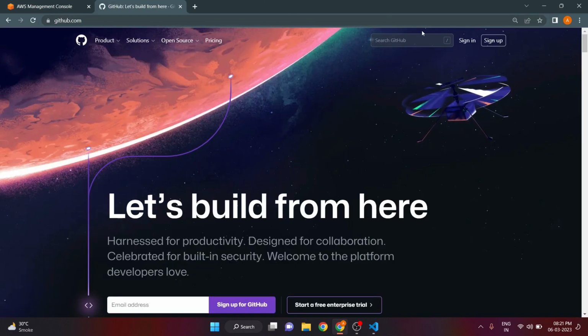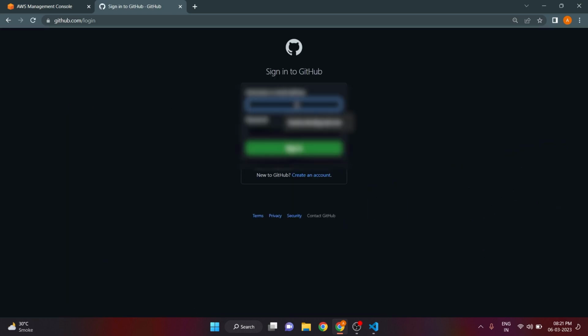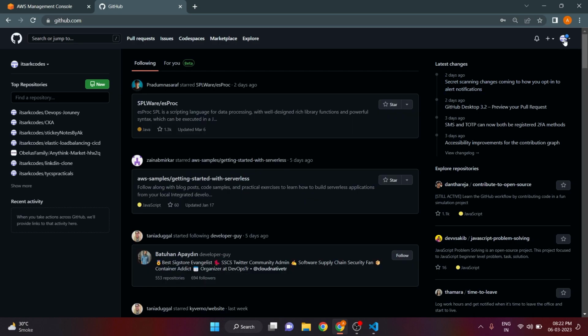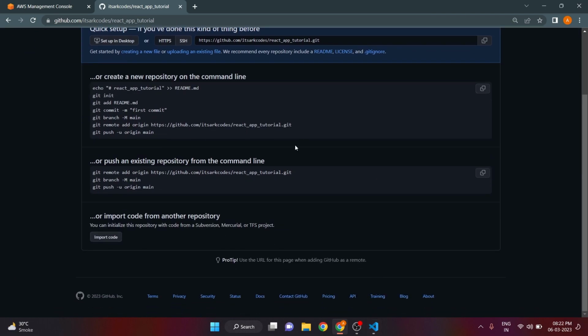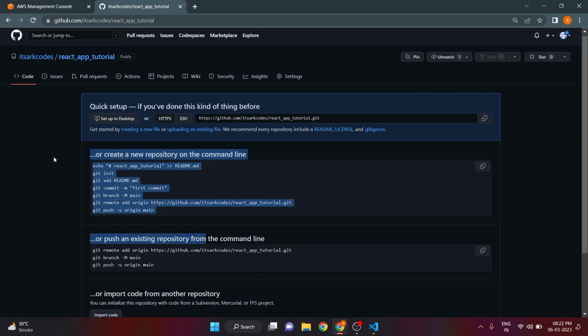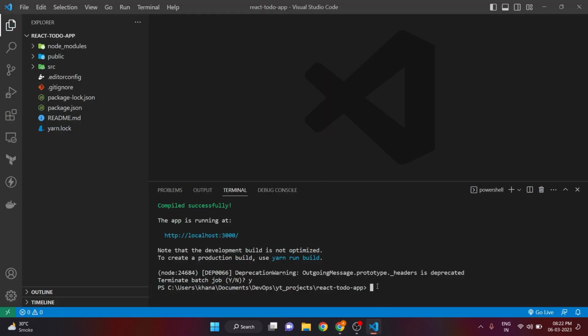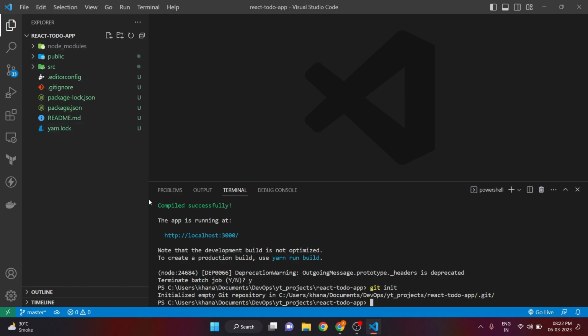repository. So what I will do is I will simply sign in and I will sign into my account where I want my code to be deployed. And now I will create a new repository and it shows me the steps to upload my code to GitHub. So either you can follow this or just follow what I am doing. It's almost the same. I will first initialize a Git repository here and then I will add,